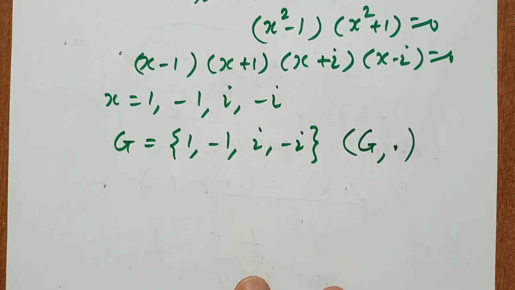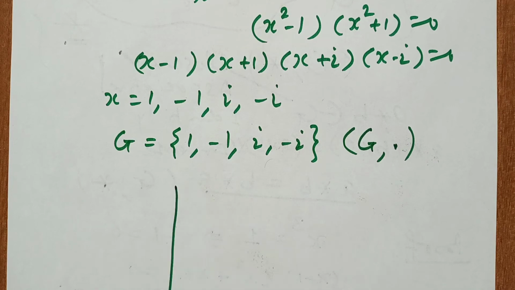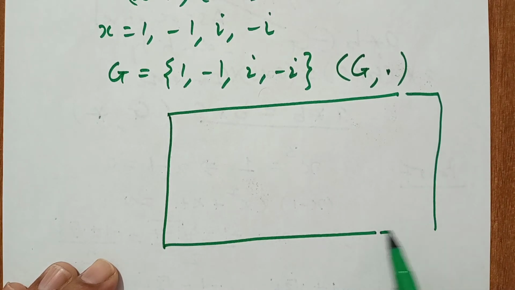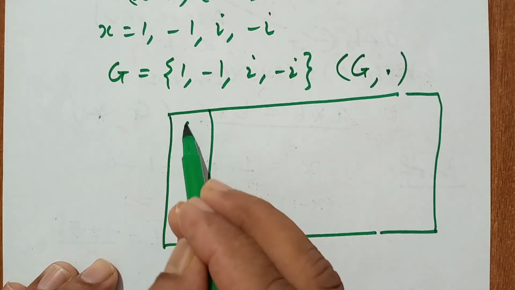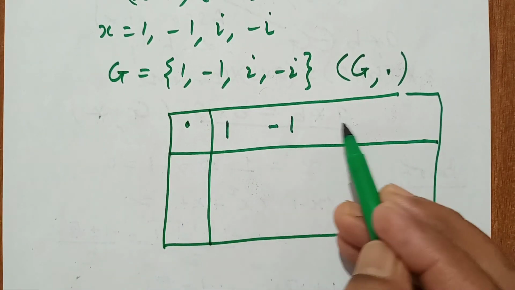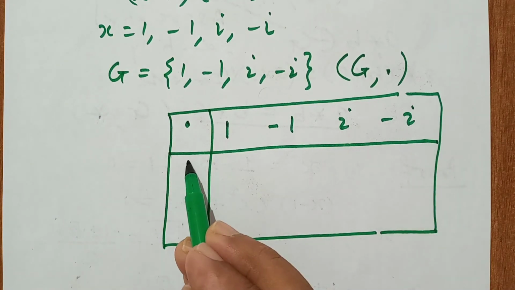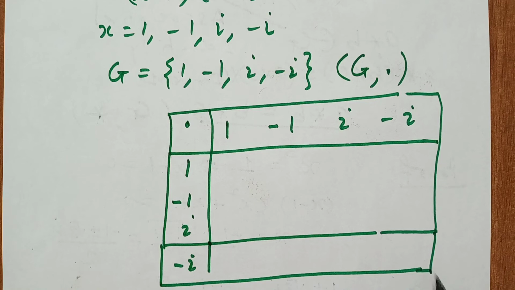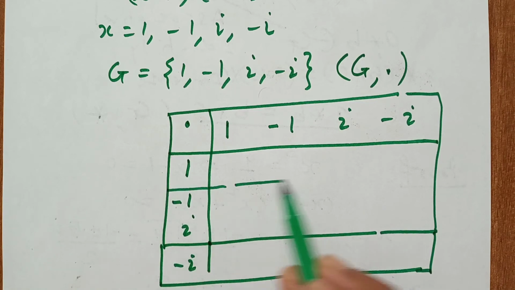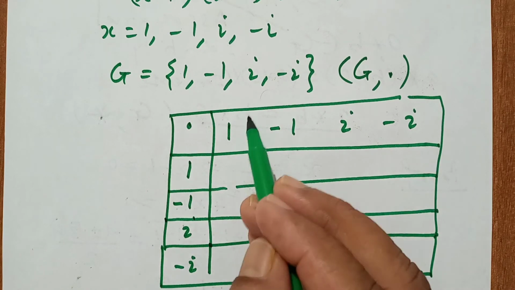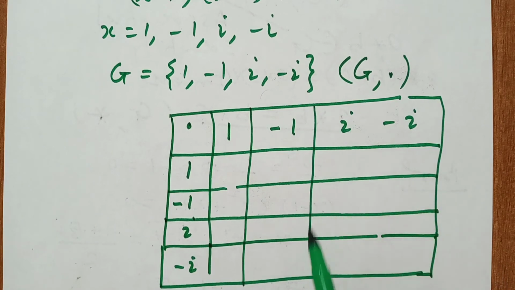So first you draw or make a table of this type. This is known as a group table. First, the operation dot, and then we will write the elements 1, minus 1, i, minus i, here and here. So this is a group table. This is very easy, as we explained in the earlier example, so we can explain this also. So here first we make a table.